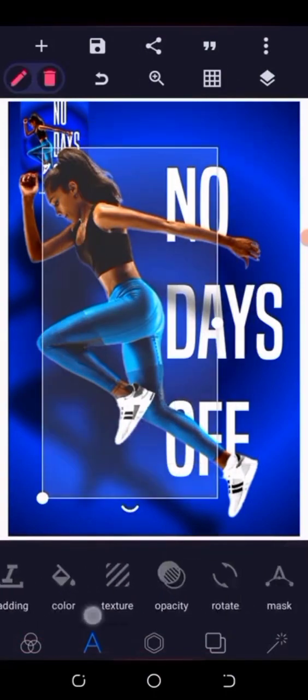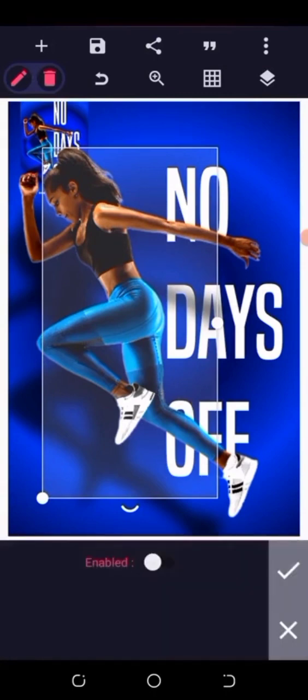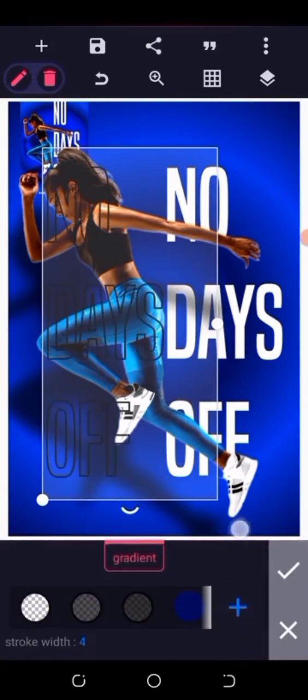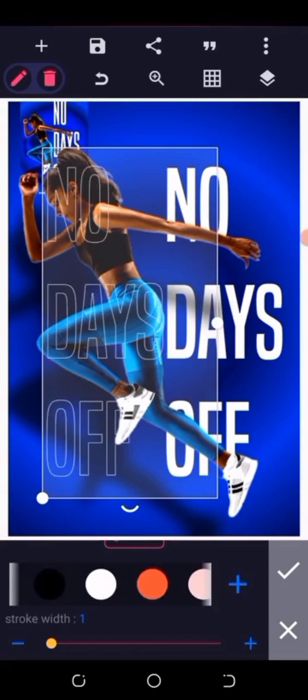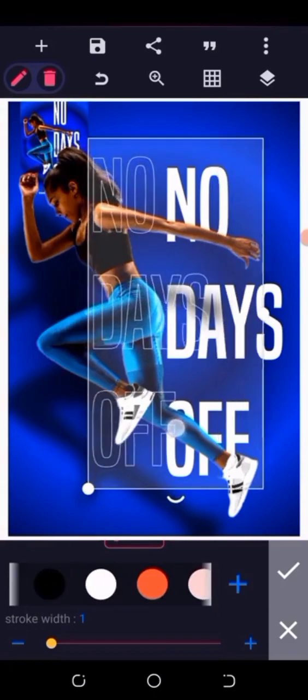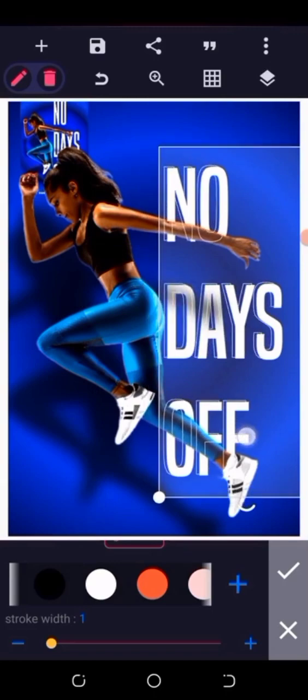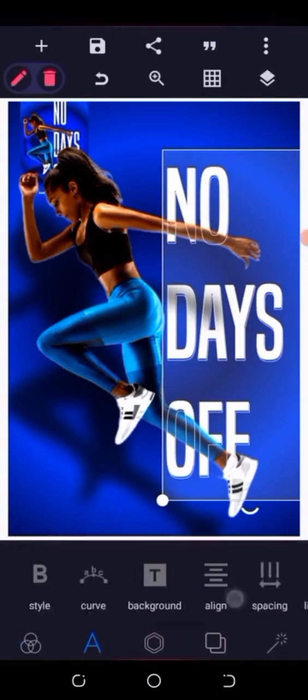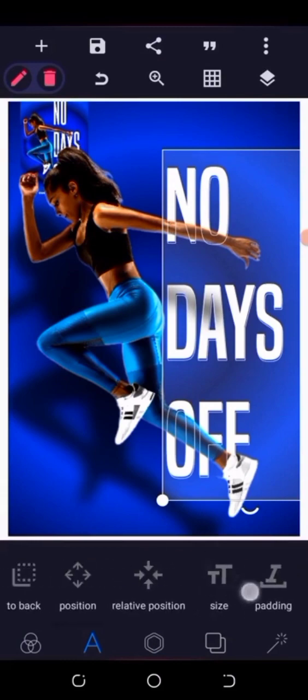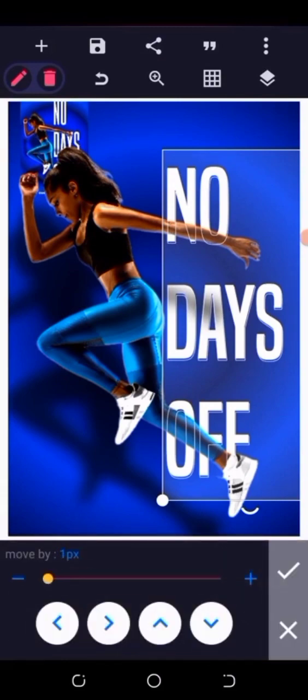So what's the next thing you do? You now go to your stroke. You go to your stroke. Can you see now? You enable the stroke. Now you go to your stroke width, reduce it to 1. You reduce your stroke width, and our stroke color is black, so you can just make it white. Can you see that? So we make it white. Now you place it exactly on top of the text. So you can just use your navigation tool to just adjust it. Come here. You can leave it like this. Use a kind of text effect,